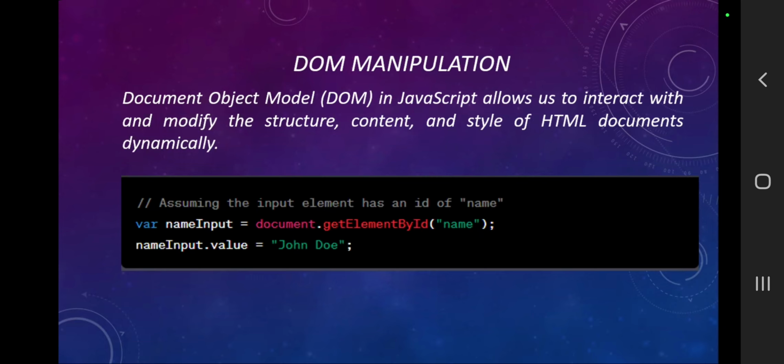DOM manipulation. Okay. This is one of the very important topics we have to understand. The previous topics are all common, but this is specific to JavaScript. Document Object Model. How we are accessing the data within the document is called the document object. It is used to modify the structure, content, and style of HTML documents dynamically. For example,